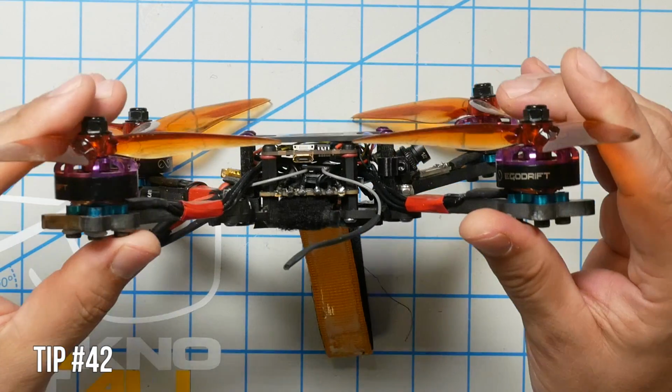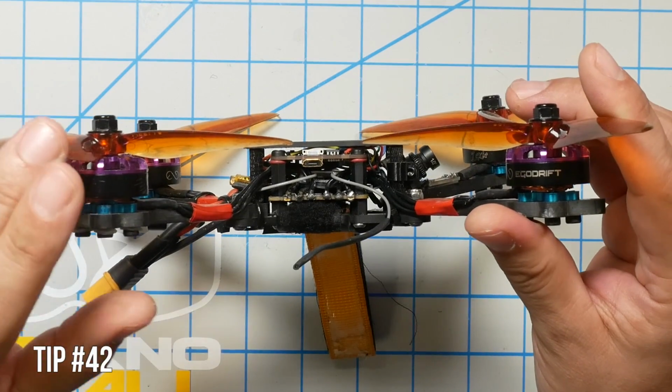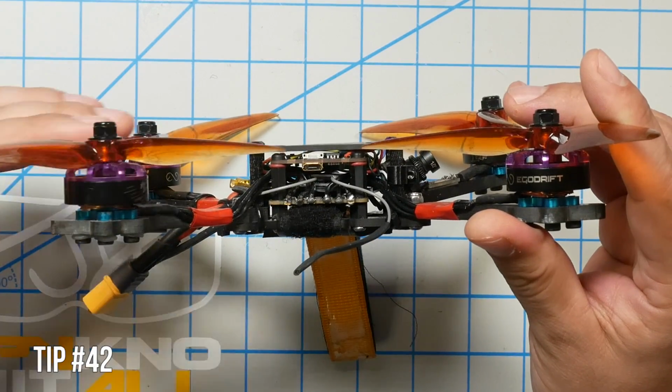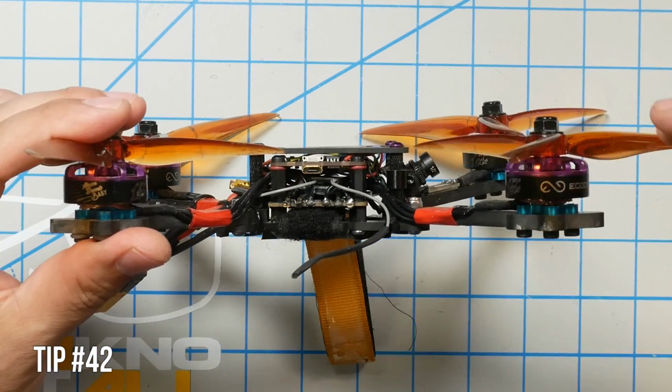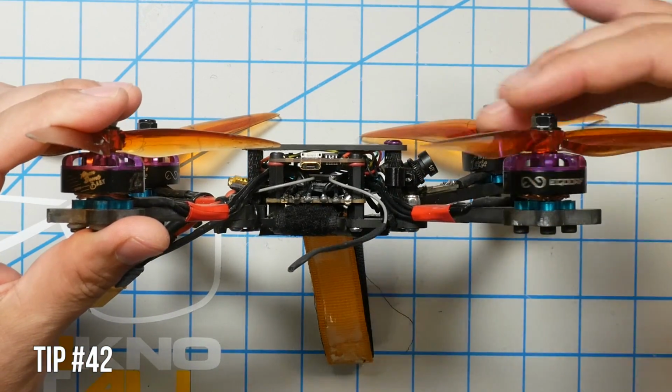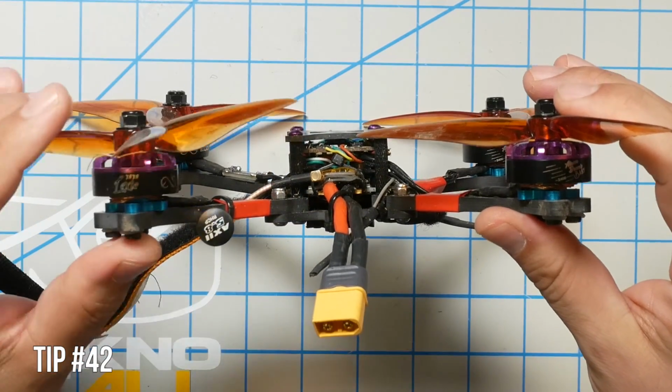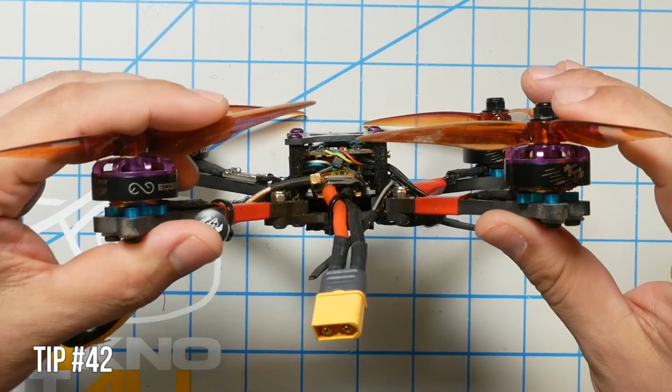Tip number 42, when you bend a prop and you're going to bend it back, how do you know where to bend it back to? Here's how. Look at your prop side on, and just rotate one and make sure that they're all in line with each other, and then rotate the other and make sure they're all in line with each other. And you can do that looking at it any which way. And if any of them, oh, see, like that one, and just,